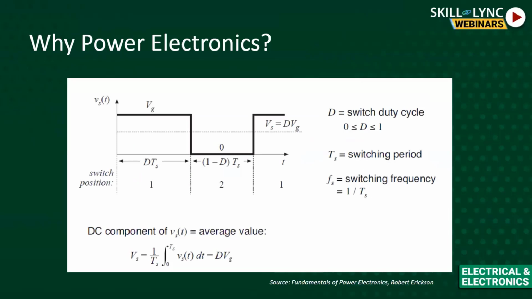Now, this is a summary. Suppose, say for example, the switch is closing for DTs period, and the switch is closing at the second throw for a 1 minus D Ts period, right? Now the average component, you all know how to calculate the average. So the Ts times the Vs of t, which is nothing but the dVc. If you find out the average of this one, 1 by Ts, integral of 0 to Ts Vs of t, which is nothing but dVc, right? So this is the average value. Of course, this average value we can realize if we properly design the L and C.